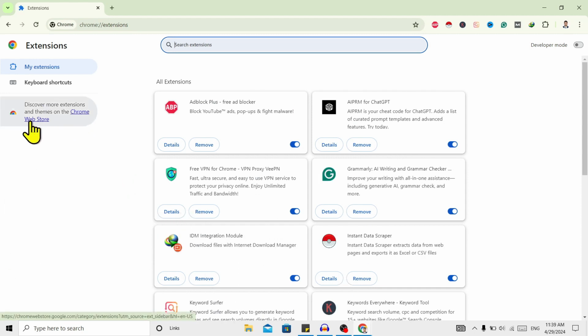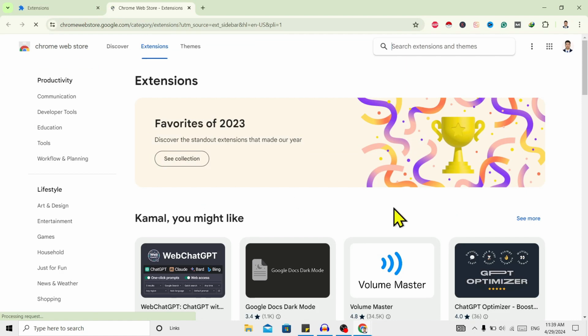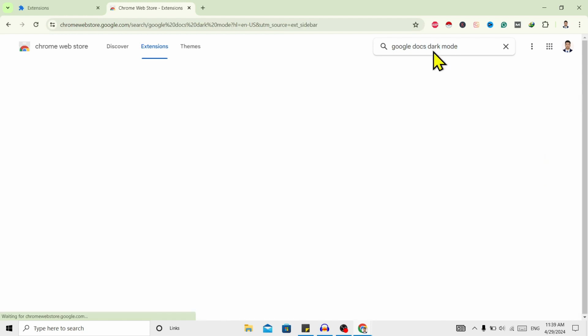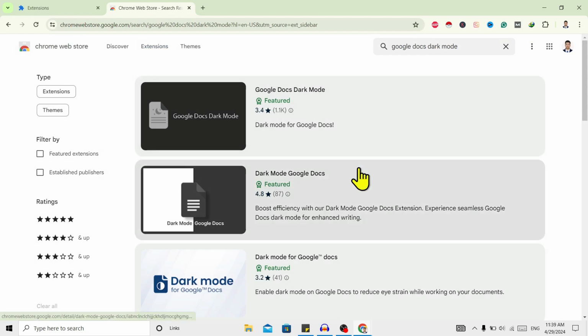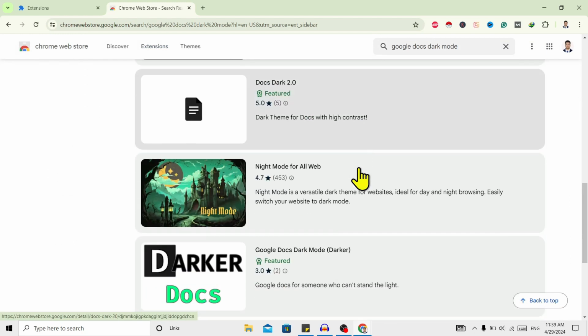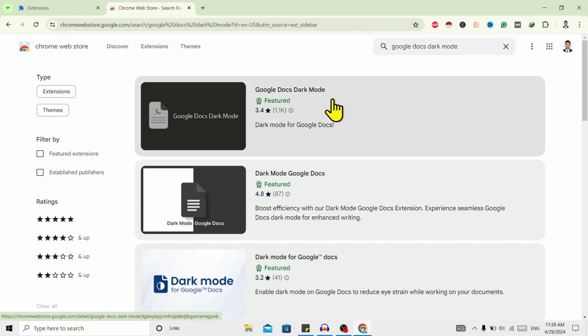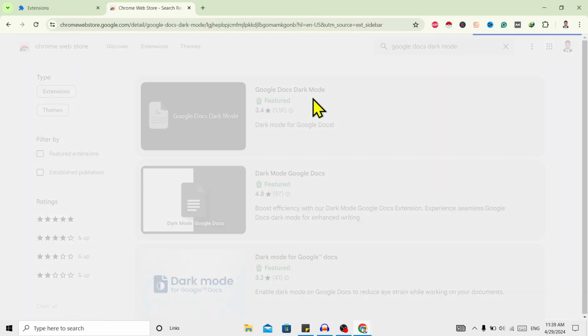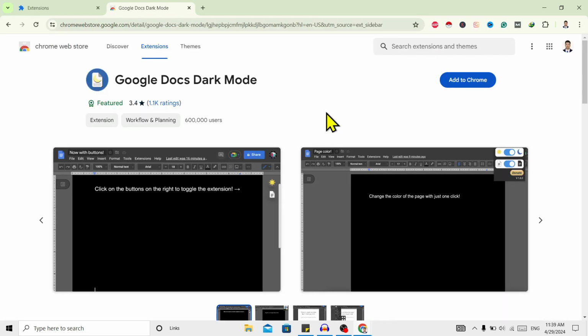Now I'll go to this Google Web Store over here, click on this and now we can search for extensions from here. Now I'll search for Google Docs Dark Mode and enter. And now you can see here are different options of this extension. Now I'll go with this first one, and now to add extension over here on the right side here is